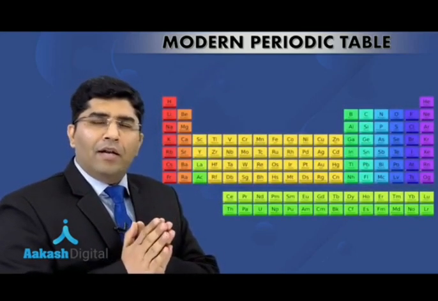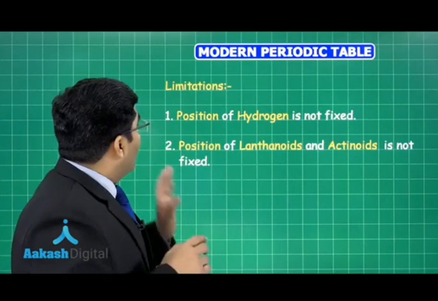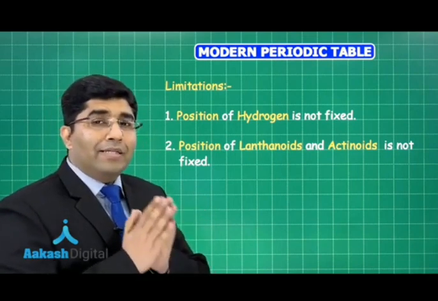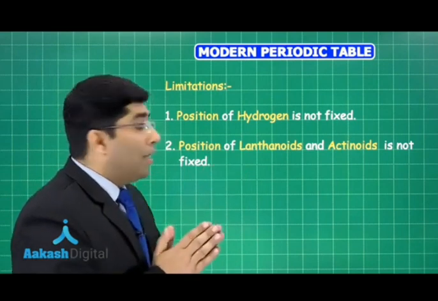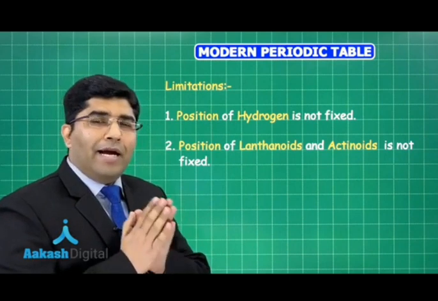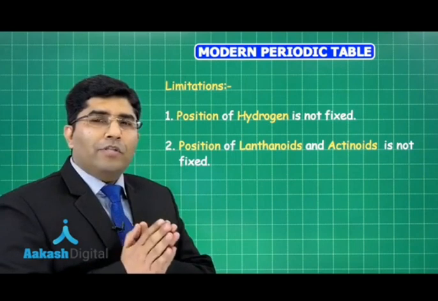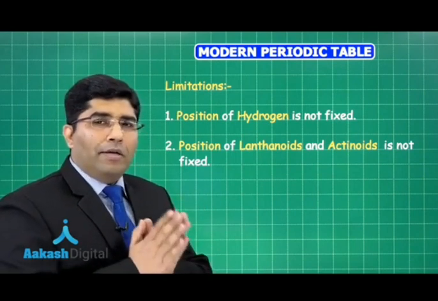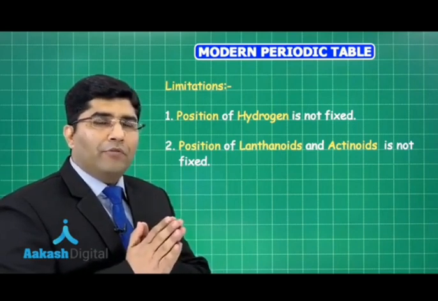Let's look at the limitations of the Modern periodic table. The first limitation is the position of hydrogen is still not fixed in the Modern periodic table, and the position of lanthanoids and actinoids is also not fixed. So this was the whole about the Modern periodic table we follow. Now let's move on to the nomenclature of those elements which have atomic number more than